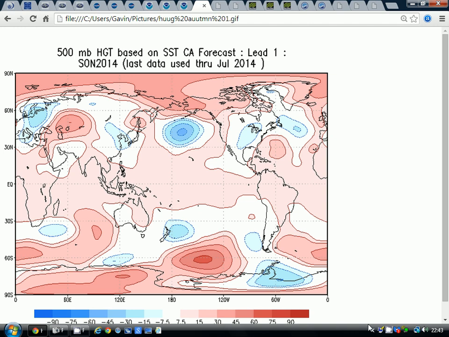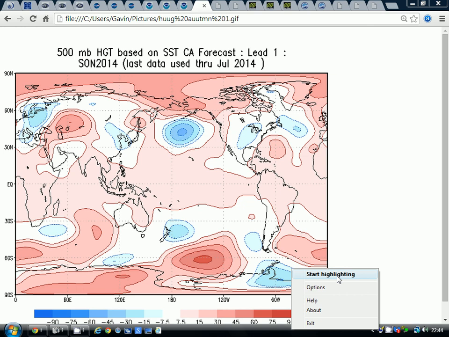The Hugues van der Dul charts next. Now these are a little bit different. What we're looking at here is not a sea surface temperature anomaly, sorry, I've got that wrong. What we're looking at here is an analogue based on sea surface temperature anomaly. So what Hugues has done, he's got the sea surface temperatures from across the world, he's put them together in this particular month, and this was generated back in July, and then from those sea surface temperature anomalies he's looked back at past years that had similar sea surface temperature anomalies and created a forecast. Okay, hope that makes sense.